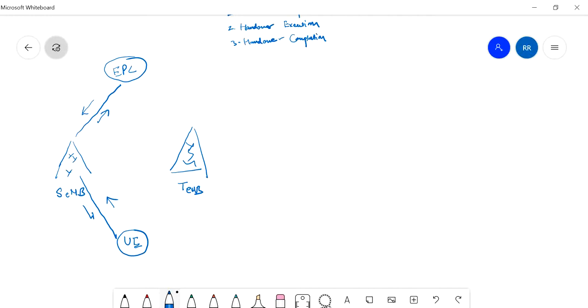So the first step is that the UE sends a signal. I will take this green, it's better.